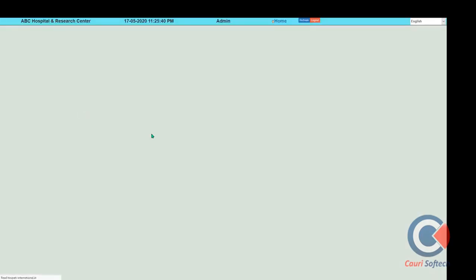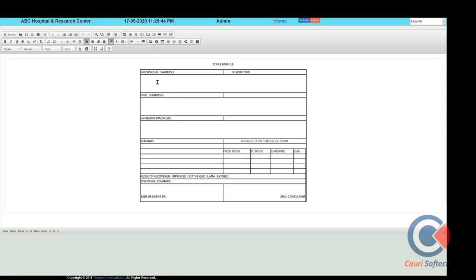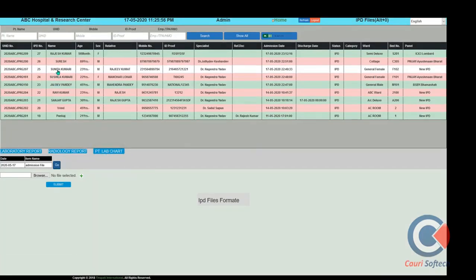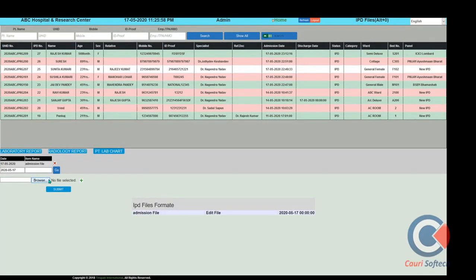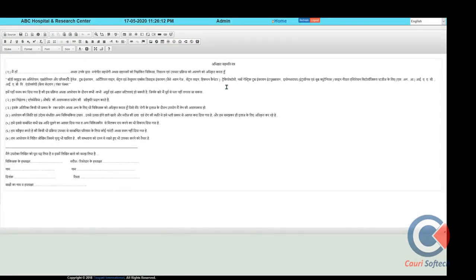Go here and put in any basic information you want against the patient, such as clinical notes. In this way, fill in the values of the whole template and save this form, and this form can be printed. A scanned copy of this form can also be uploaded to the same patient ID after browsing from the system. As well as that, there is a consent form, which you can also print out in a regional language or an international language. Various kinds of templates can be defined in the master.